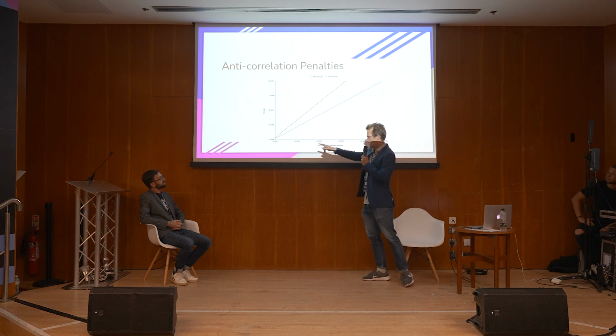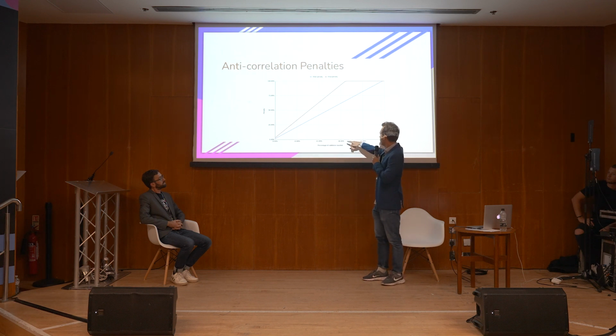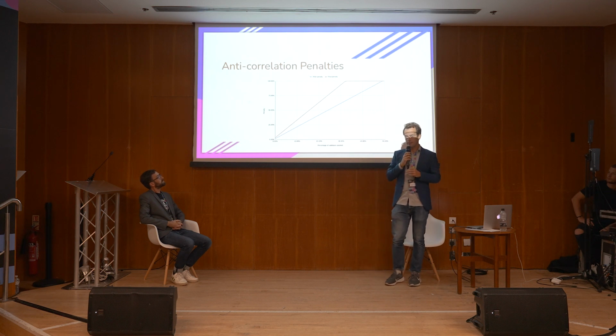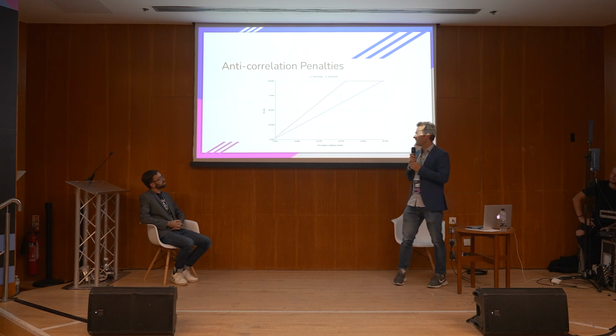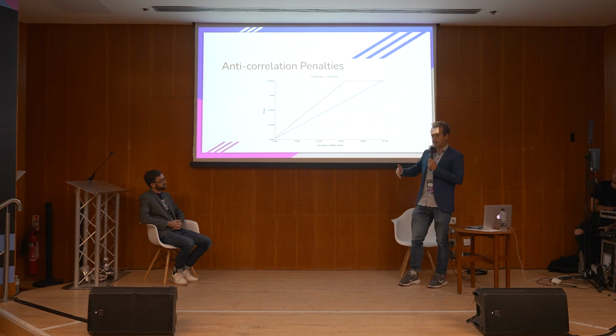And basically, this line rises linearly and reaches 100% at 33%, so 1/3. So exactly when a failure could lead to actually catastrophic consequences on the network, then you will lose your whole stake instead of just a very small percentage.